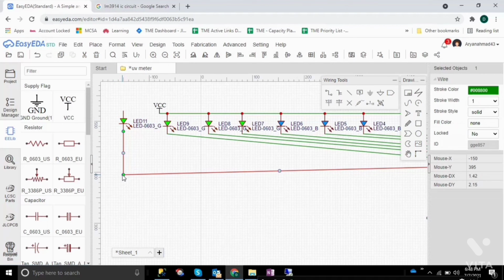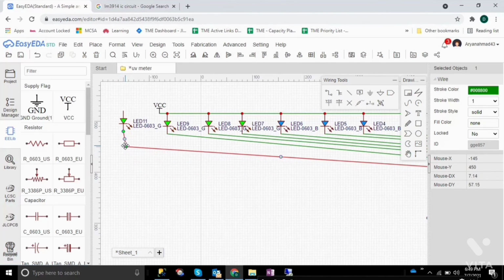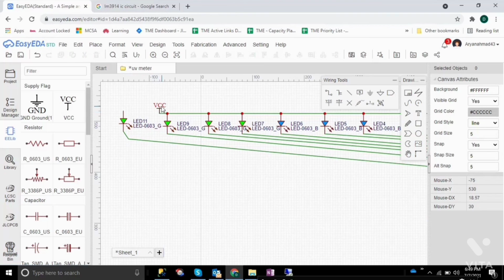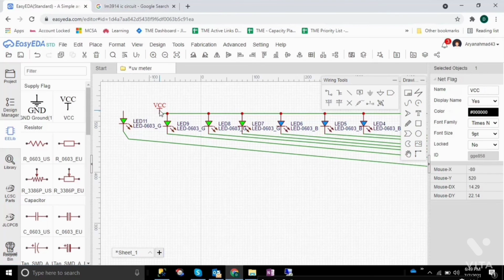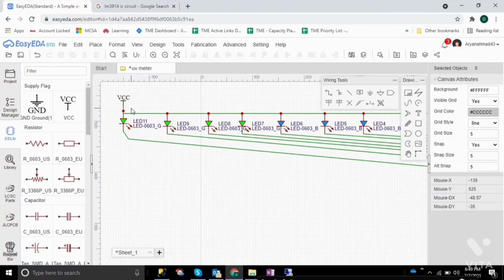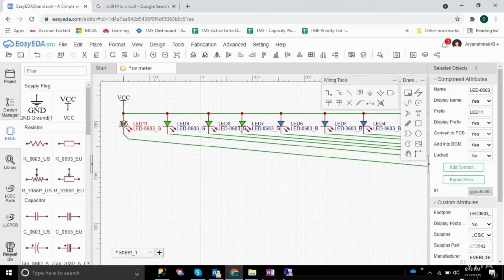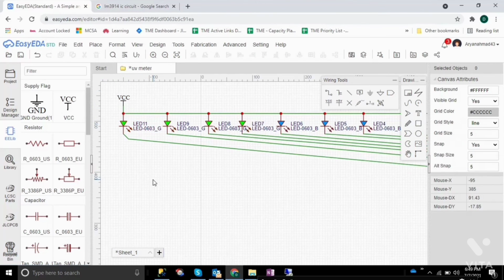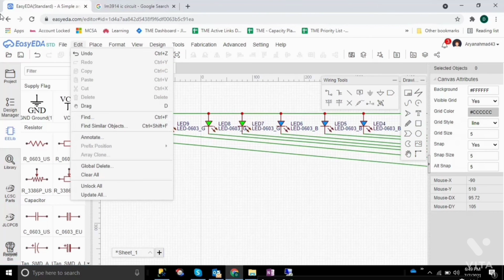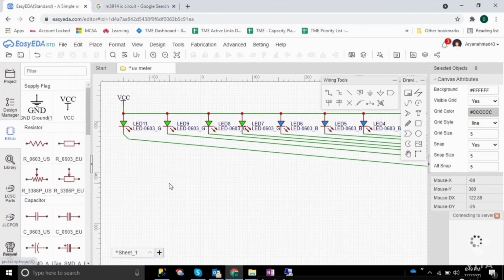So place it like there, and now with this one, because I made 3 more extra nodes here, I need to pull this node in here, and keep in mind it's not short. Now pull the VCC in here, it will connect there. Now it's connected.